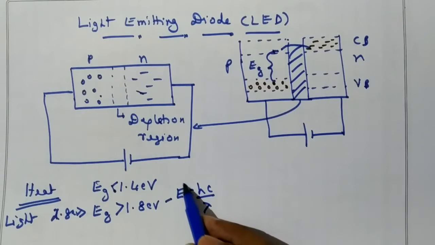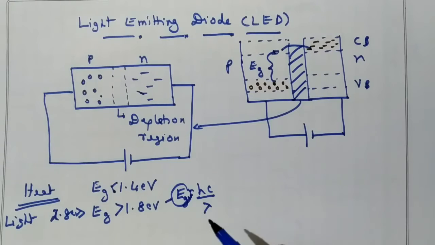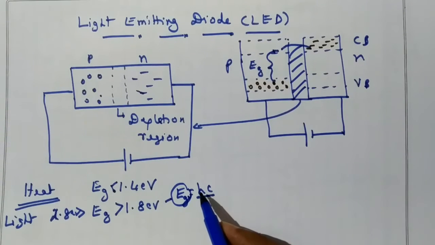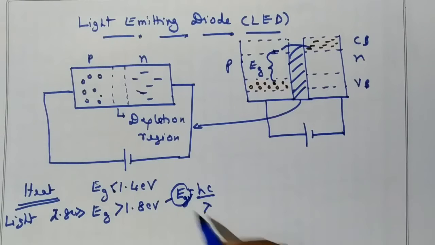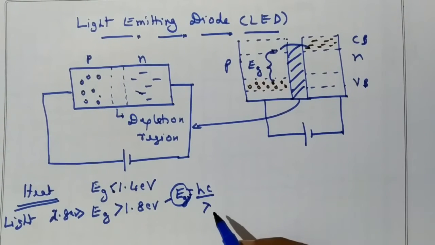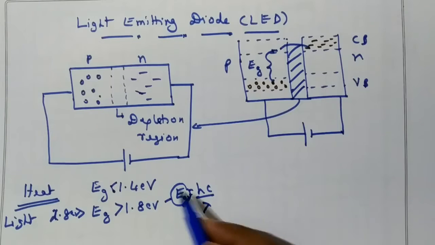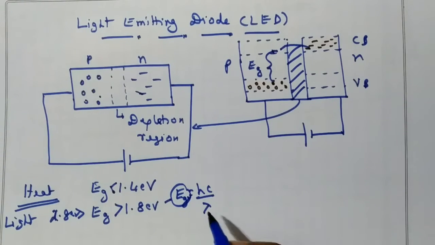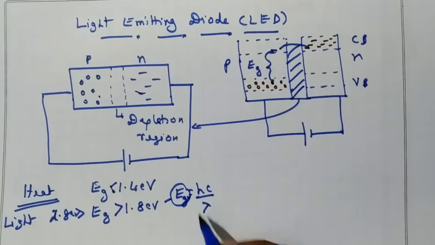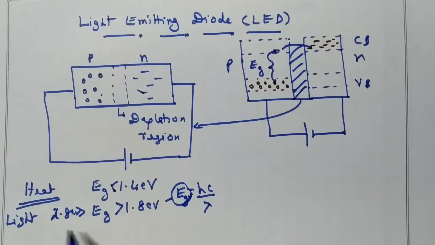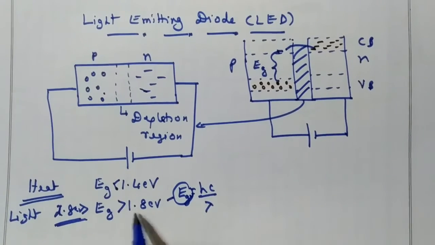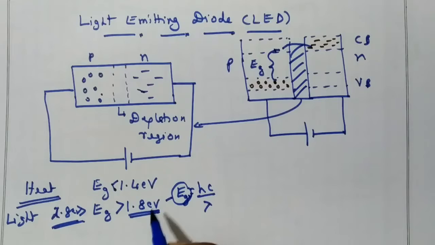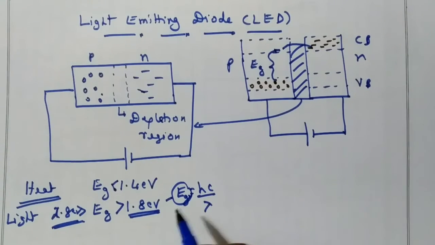E is nothing but Eg here. h is Planck's constant and c is the velocity of light. These are constants, so Eg is inversely proportional to lambda. Depending on the energy gap, light of different wavelengths will be emitted. If you calculate, the two edges turn out to be 1.8 electron volt and 2.8 electron volt, which correspond to nearly 400 nanometer to 700 nanometer,